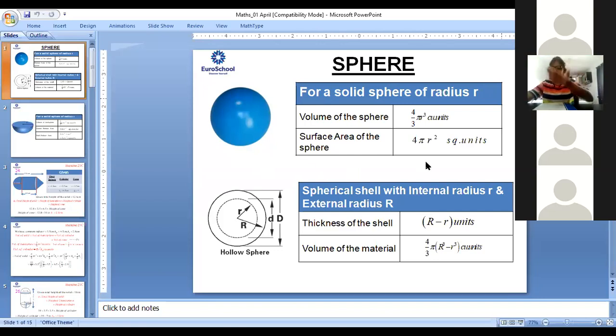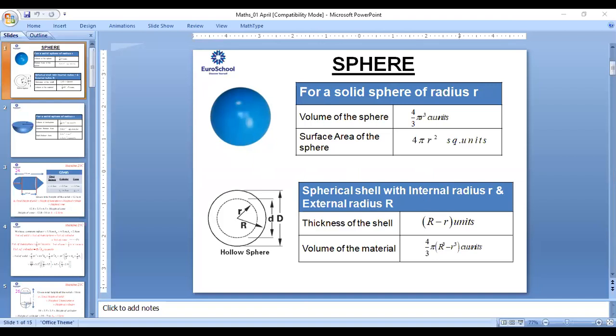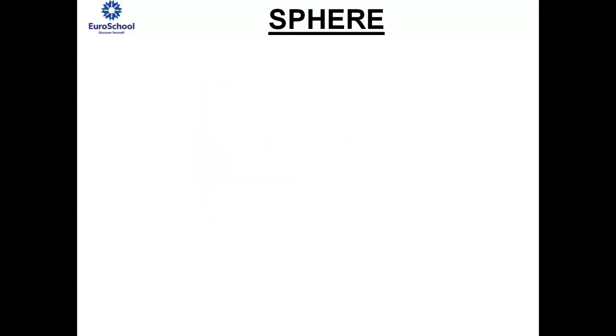As usual, I'll just brush up the formulae of sphere once again. Hope you all learned it, right? Are you all thorough with the formulae of cylinder, cone, and sphere now? Yes, ma'am. Okay. So now, can you tell me the conversion? 1 millimeter is equal to dash centimeter. 0.1 centimeter. Okay. And 1 centimeter is equal to dash meters. 0.01.